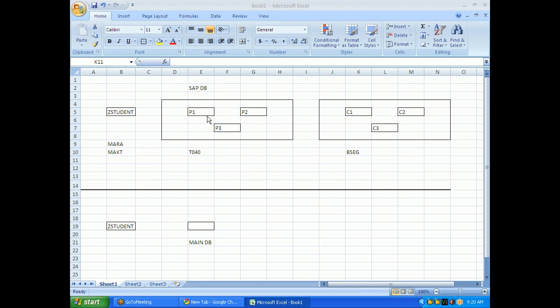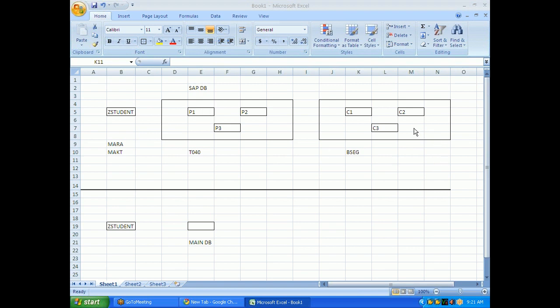Now, see what I told: P1, P2, P3 are the pool tables. Several pool tables together form a table pool.